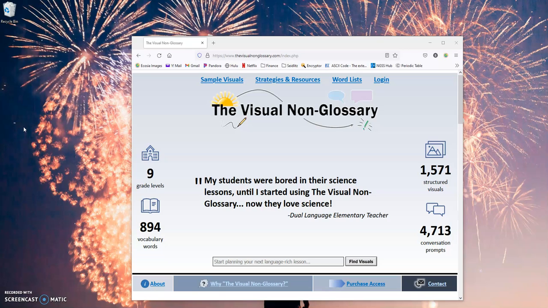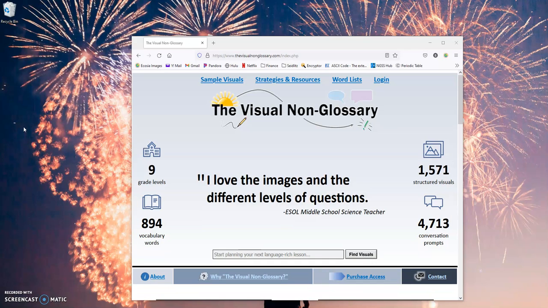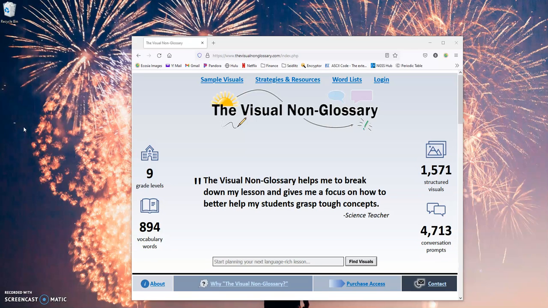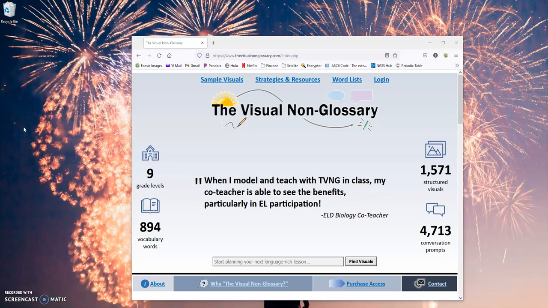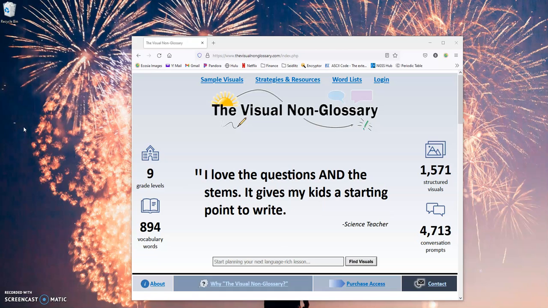This is the 5-minute lesson plan. It is a very quick, easy, and efficient way to plan an engaging, language-rich lesson that has students interacting with their peers, collaborating and practicing using academic vocabulary words in context. You can think of it as a skeleton lesson plan, and you might want to add activities to your lesson, or you can think of it as a full lesson plan in and of itself,